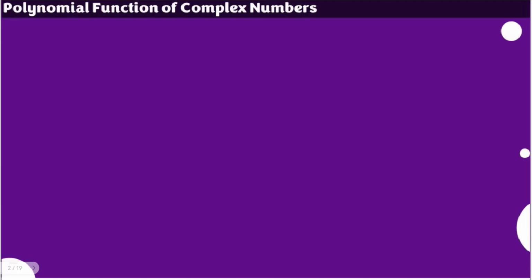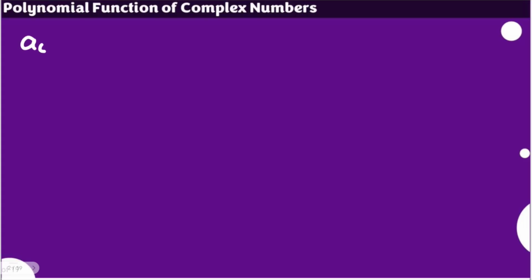The first type of function of complex numbers that we are going to talk about is the polynomial function. This is related to the identified polynomial equation for complex numbers. Since it's a function, we're just going to copy the same expression but in terms of a function now. Say for example, this was the equation that we had before.